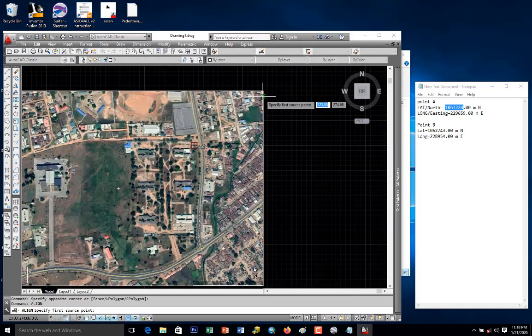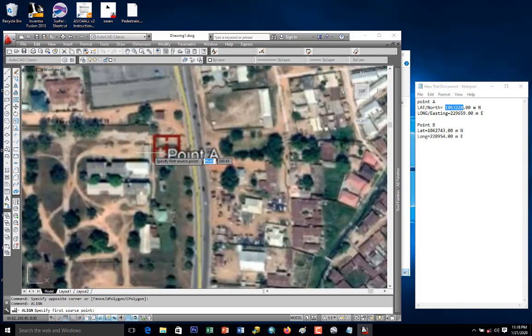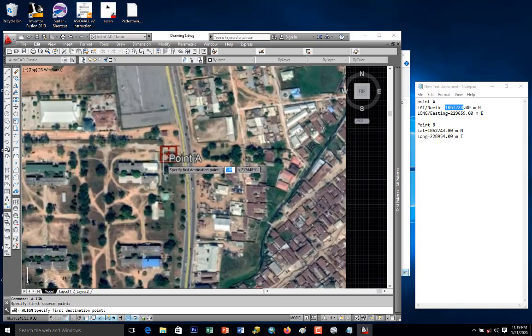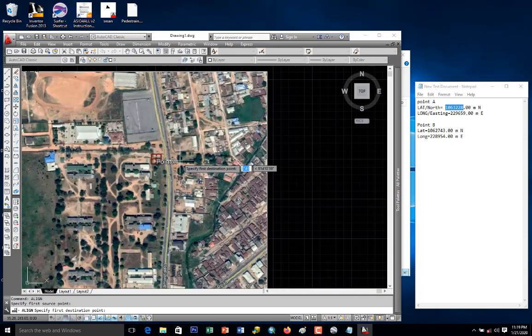What you're going to do now is select the midpoint of point A and click on it. Now you will start by putting the Eastern coordinate, which is the longitude: 229659. Once you are done putting the coordinate into the first box,